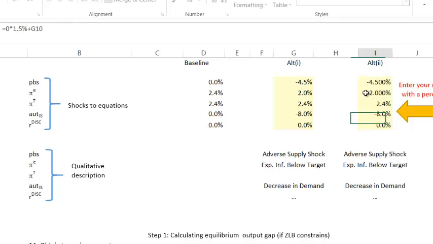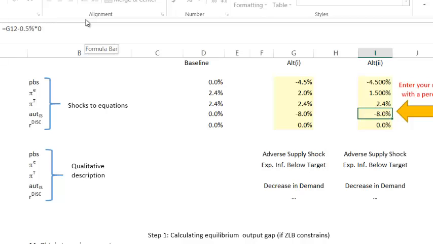First of all, let's suppose that people lose faith in the central bank and they believe that the inflation rate is going to go even lower. So the expected rate of inflation goes down from 2% to 1.5%. And in addition,